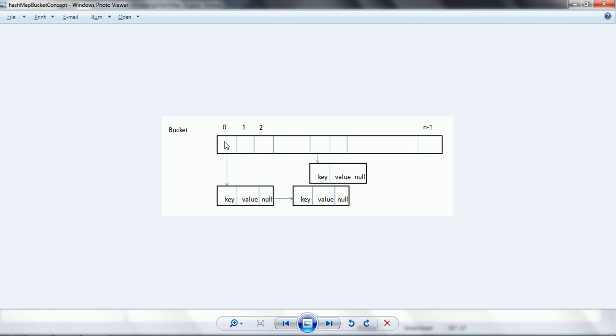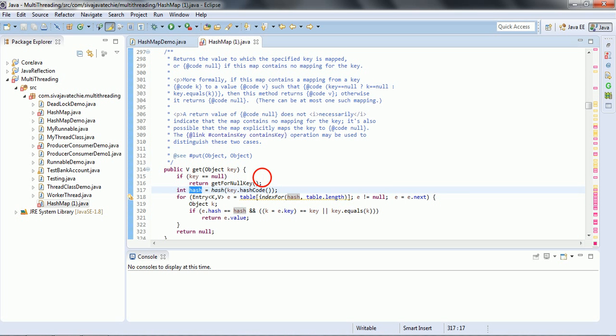And now, for the two keys, the bucket is going to be 0, and the hash code is also the same. Then the hash map is going to apply the equals method and compare whether this key and the key we are searching for are the same or not. If it is the same, then it is going to return that particular key and value pair. So that is the reason the get operation always follows the same process as the put. Okay, so that is how it gets the value from the